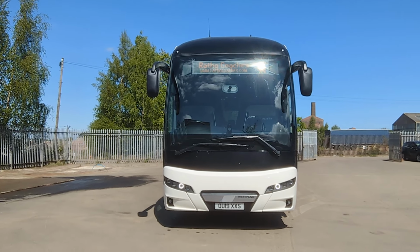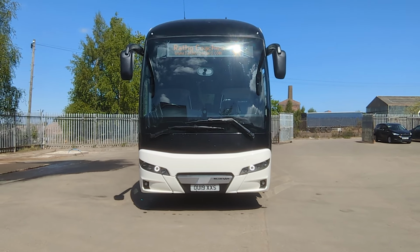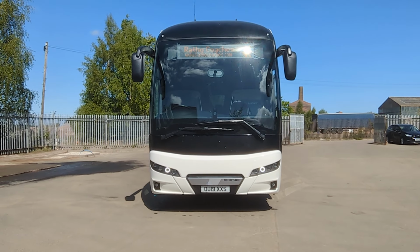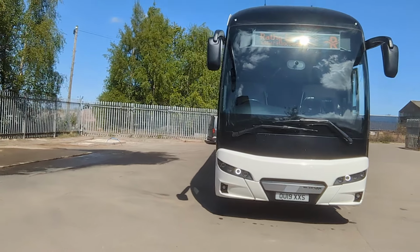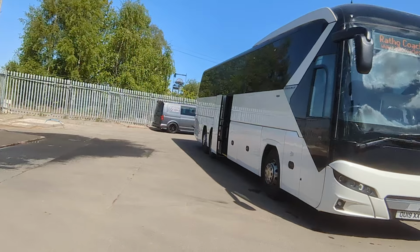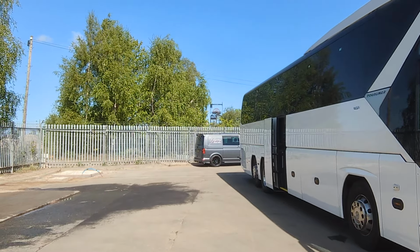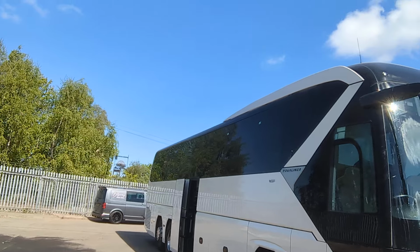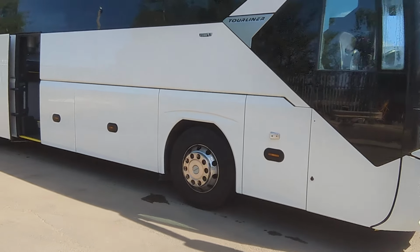2019, on a 19 registration, Neoplan P20 Tourliner 2, 55 seat, PSVAR compliant executive coach. So, we are at Rathore Coaches on the outskirts of sunny Edinburgh, just near the National Mining Museum, next to the wheel there. Looking at this former demonstrator